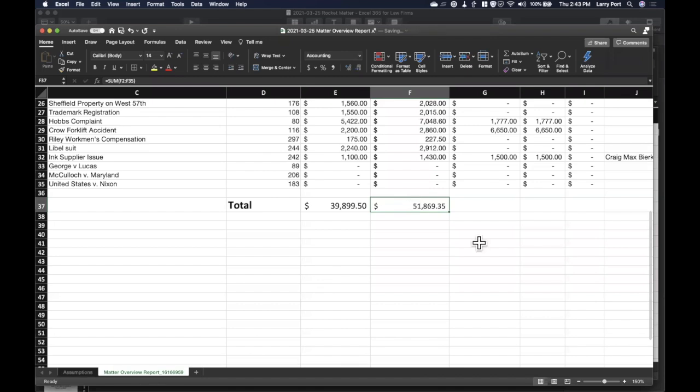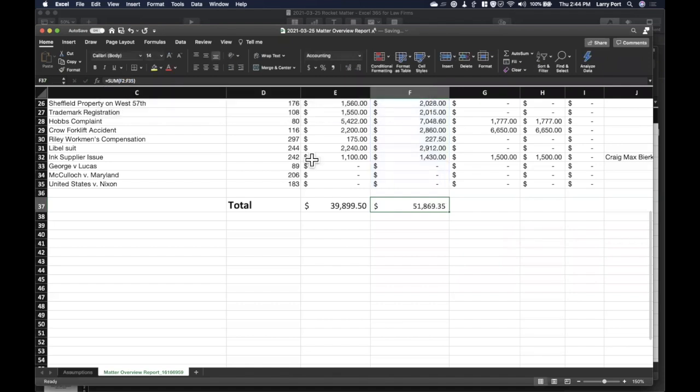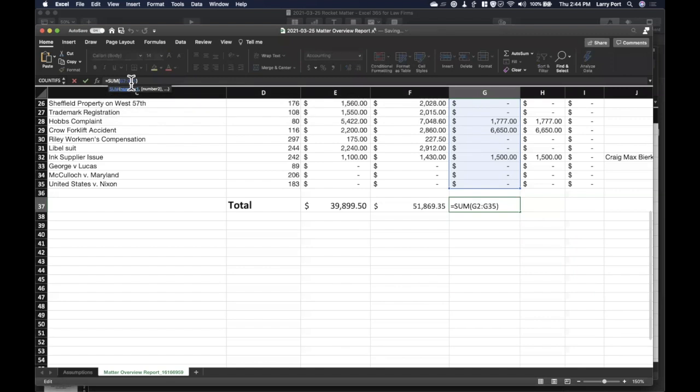Now, remember when I demonstrated before that if you copied and pasted, Excel takes a gander at where you are and adjusts everything over. Well, I can do that with the sum function. So you can see here, it says sum F2 to F35. That's the range. Now, if I take this whole cell and copy it, and you can see it's activated, I can move it right here. It's summing up this whole row, and you can see it's sum G2 through G35.